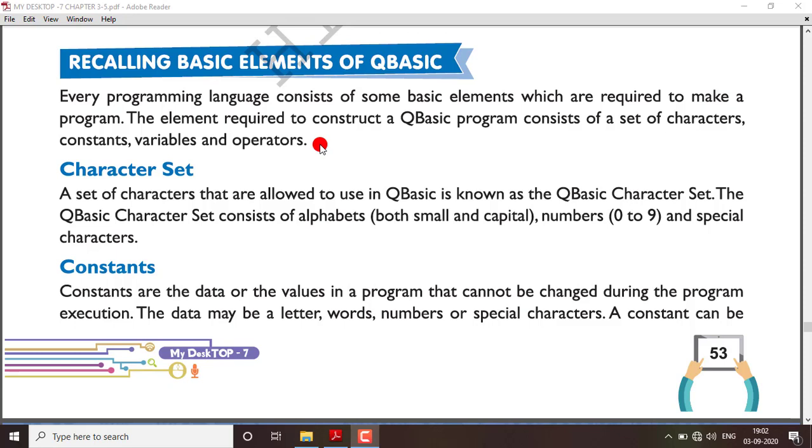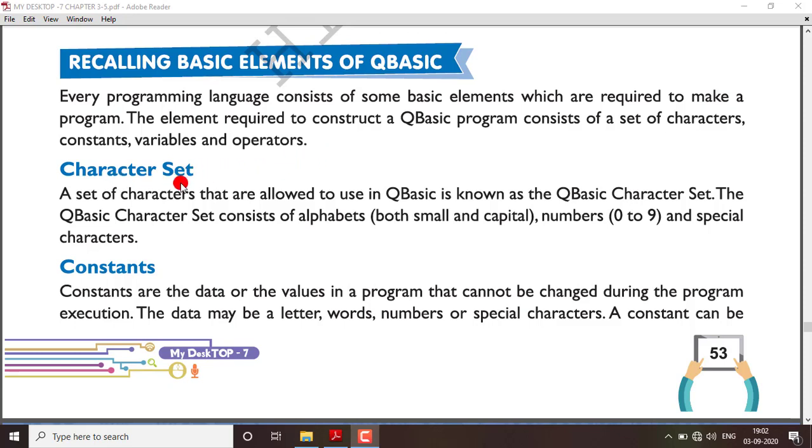Same here, to write any QBasic program you need characters, constants, variables and operators. Without using these elements, you are not able to use QBasic.